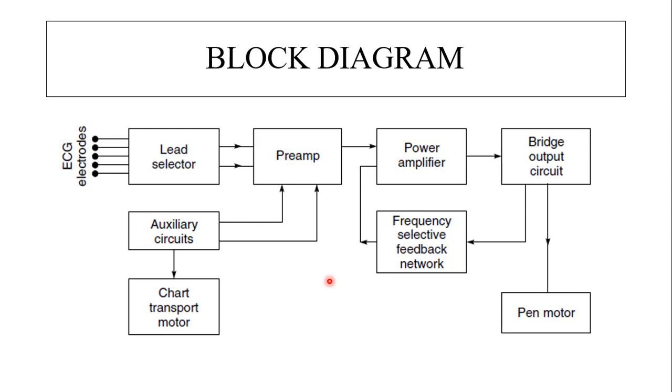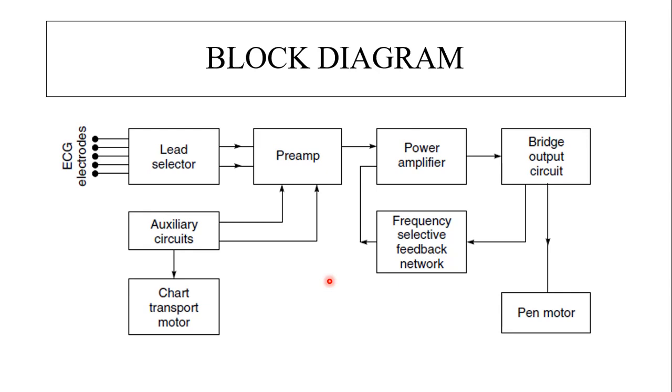Electrodes are taken to the lead selector switch here. In the lead selector, the electrodes are selected two by two according to the lead's programming by means of capacitive coupling. The signal is connected symmetrically to the long tail pair differentially, and it is next sent to the preamp or preamplifier. The preamplifier is usually a 3 or 4 staged differential amplifier which amplifies the signals and has sufficiently large negative current feedback.